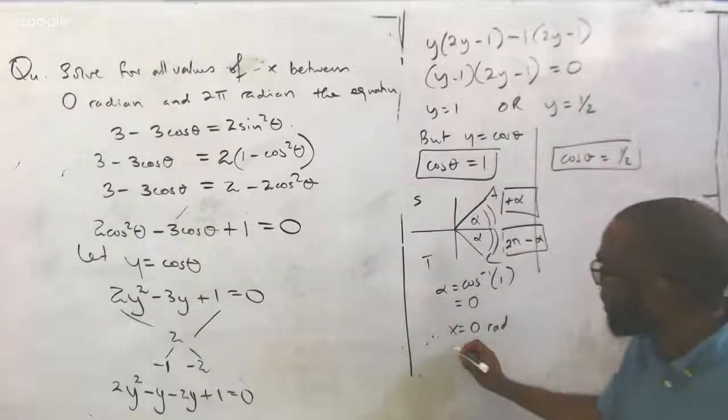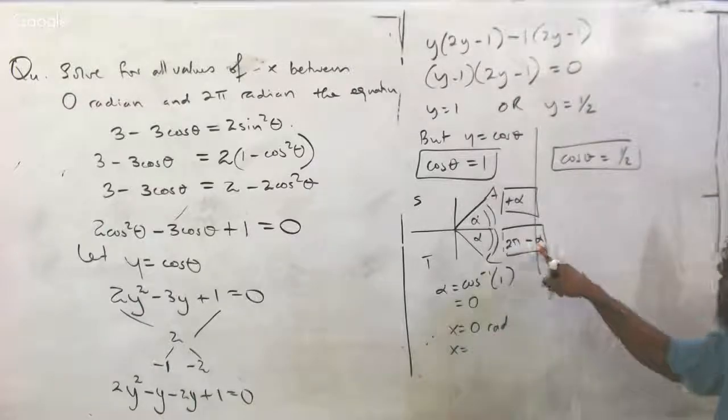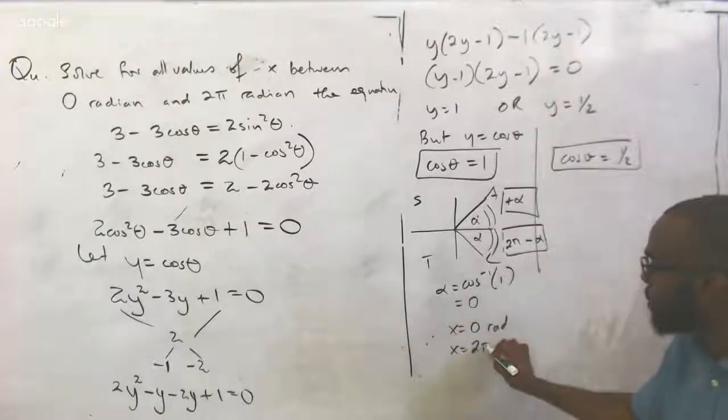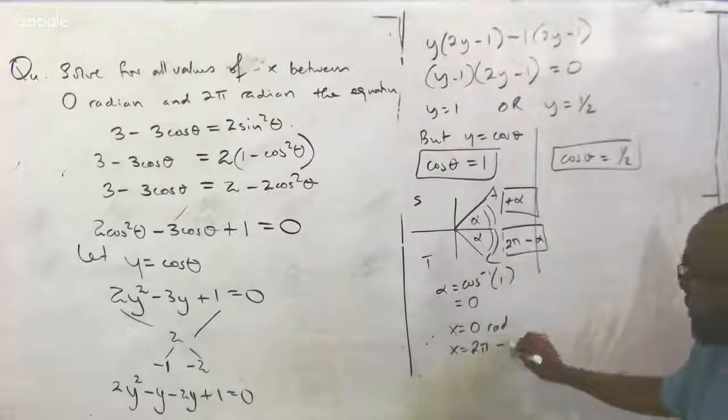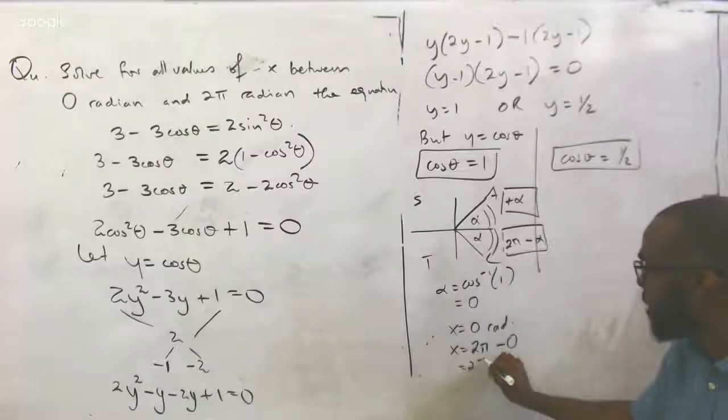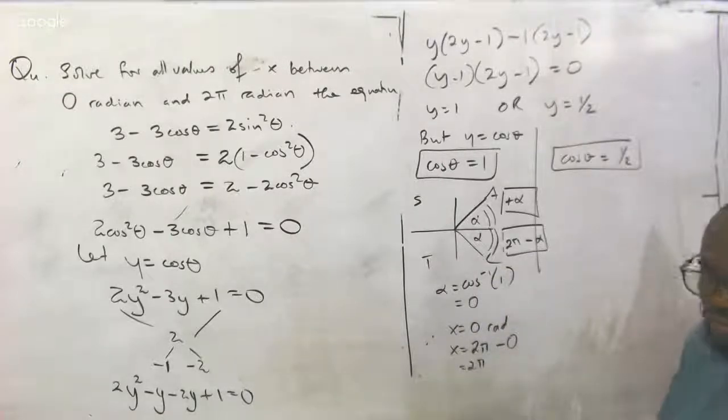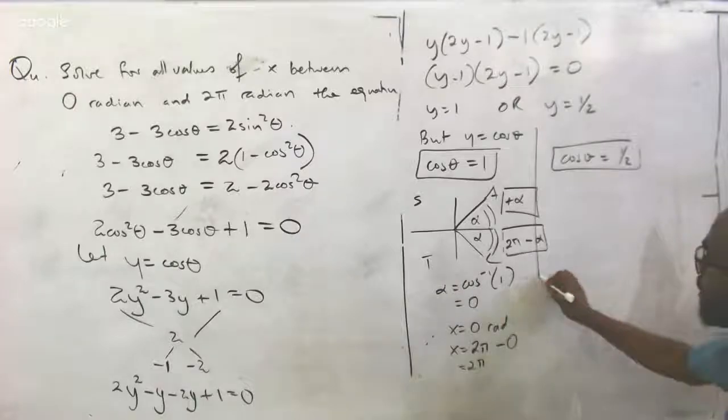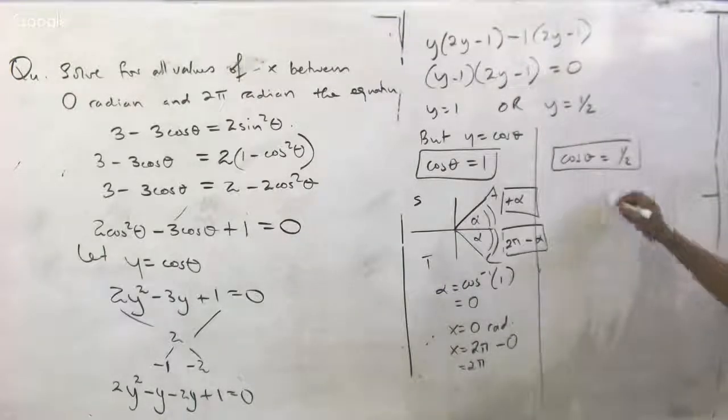Or x is equal to 2 pi minus alpha. So that means 2 pi minus 0. So the answer is 2 pi. If you use the graph, you'd have realized how easy it is. You'd have just got the 0 and 2 pi straight off. But over here,